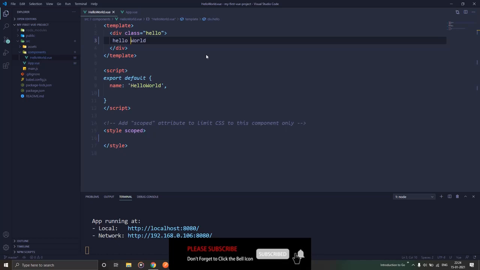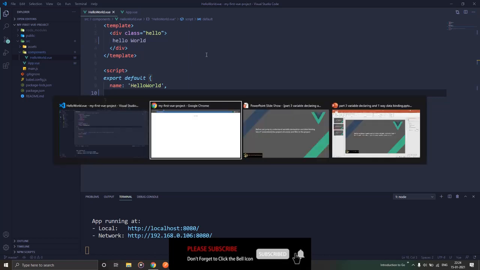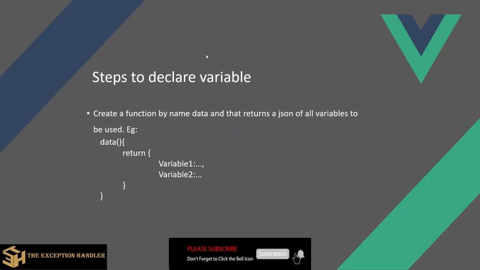Now let's start by declaring some variables and bind them on your HTML inside the hello world component that we have. So to create a variable, we need to follow certain rules in Vue.js. You need to create a function by the name data, and that should return all the variables that will be used inside your Vue.js component.